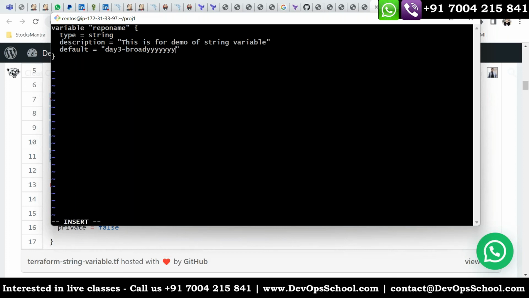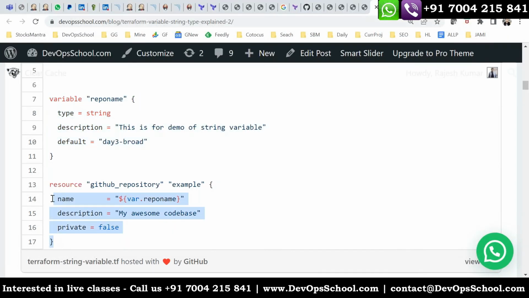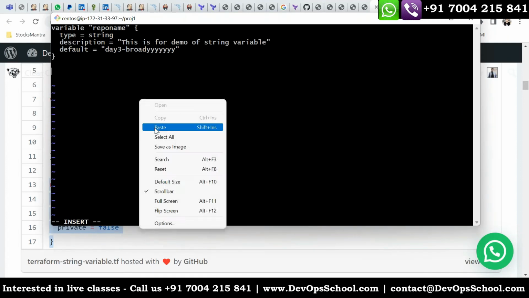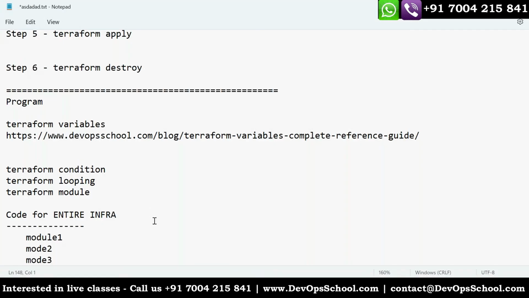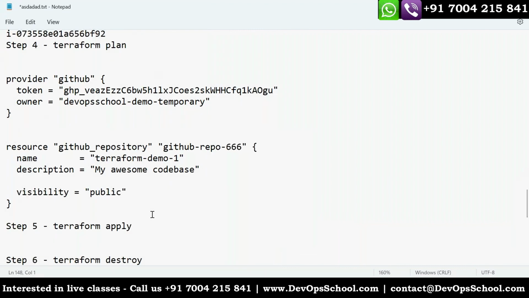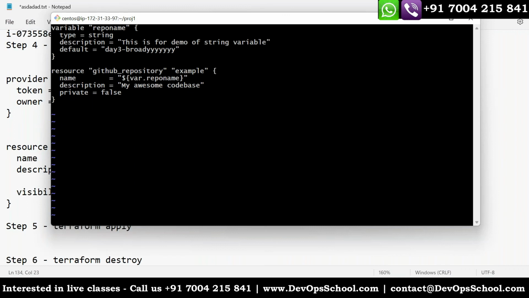Yes. So this is a variable name, repo name. Value is day 3, prod D, multiple product. Now I'm going to create one resource using this and paste it.